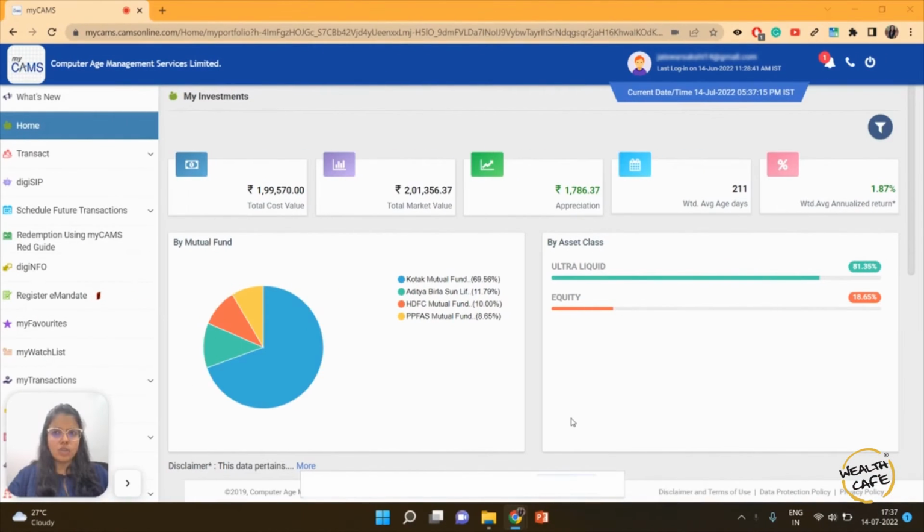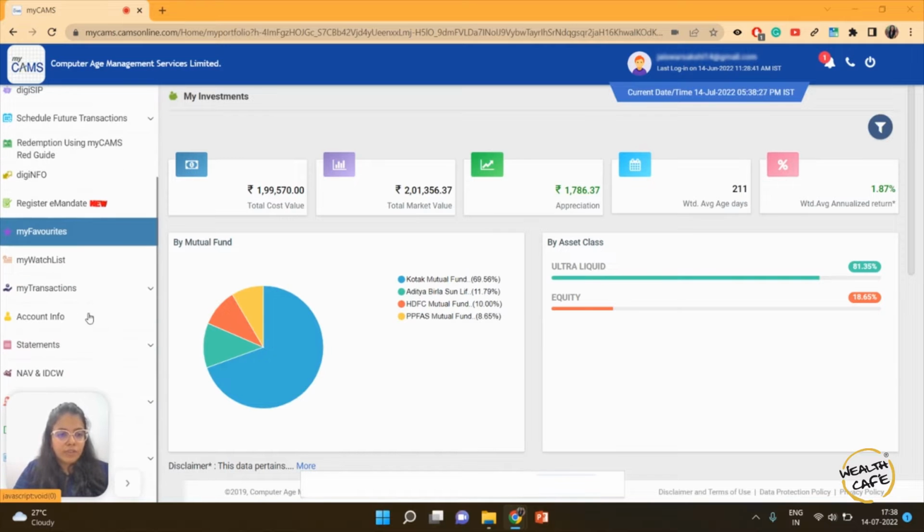Hi there. So the tax season is here, and if you have invested in mutual funds for the past few years, you know that every time you sell mutual funds, you probably earn some capital gains on the same, and then you have to pay taxes on it. So if you're investing through certain platforms, you may be able to download capital gains reports from those apps, right? But what if I've used multiple apps to invest, or multiple ways to invest, and I want one consolidated report? How do I do that? Well, as we always say, CAMS is the way for it.